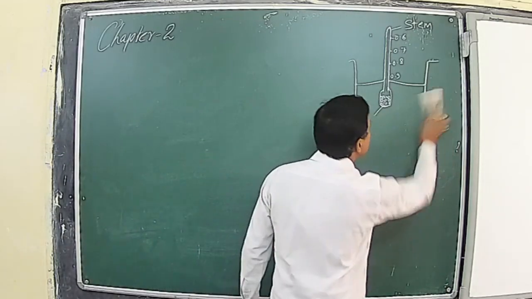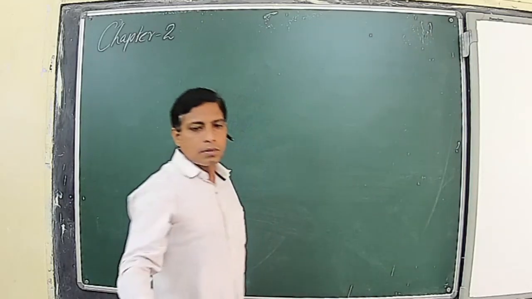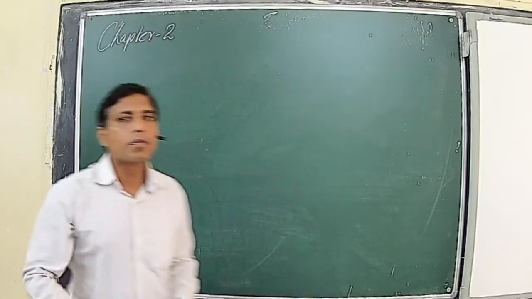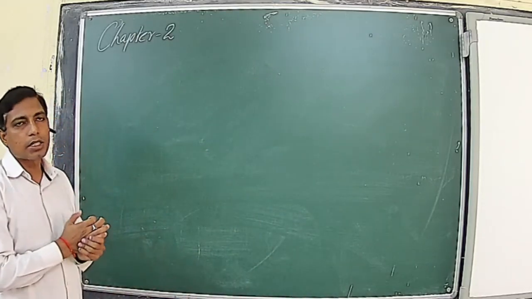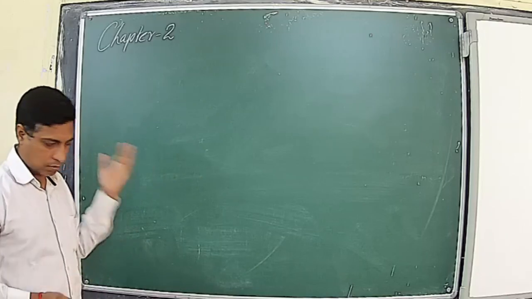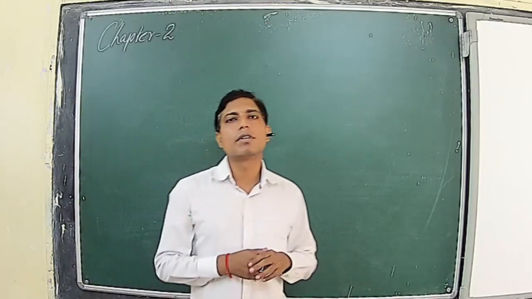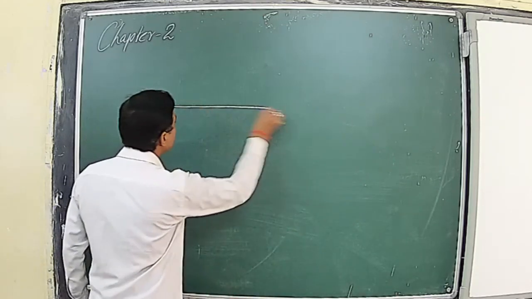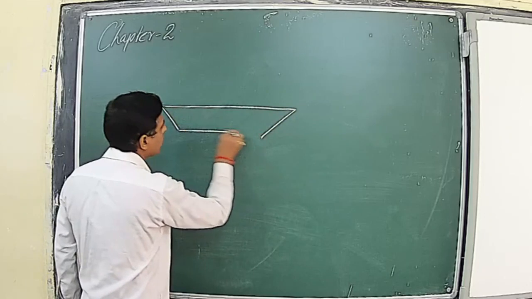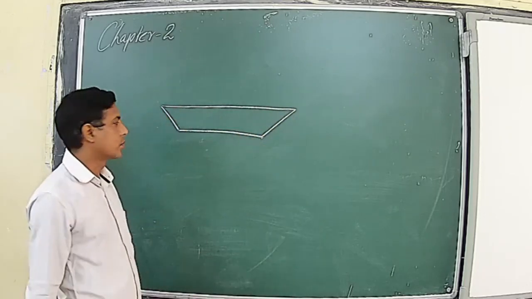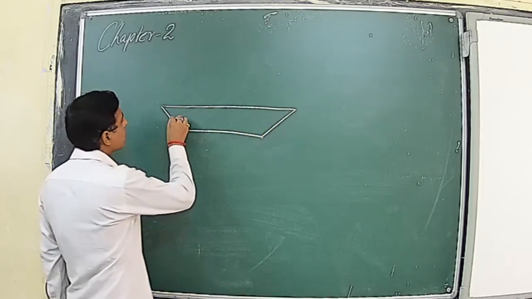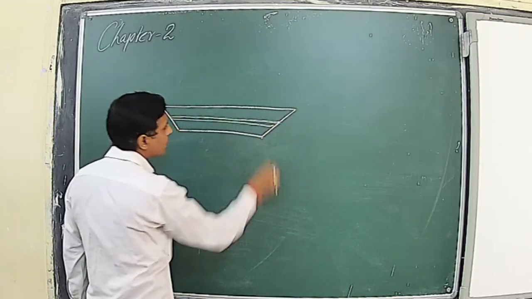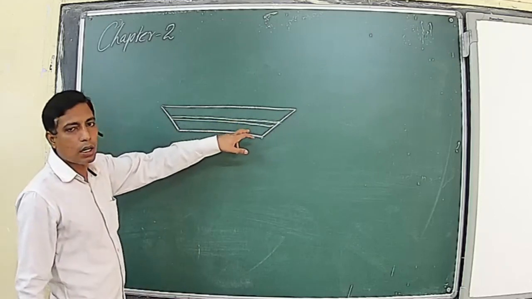Next is application of flotation and sinking. We have applied it on a vast scale. For example, the very important one we will discuss here is the ship. The ship needs to float in any water body, like we have seen in a river or in an ocean. But if we have observed, you will see a special marking, a line drawn on the hull of a ship.